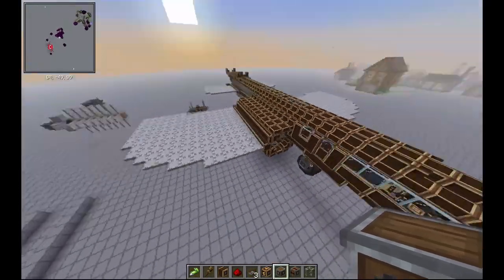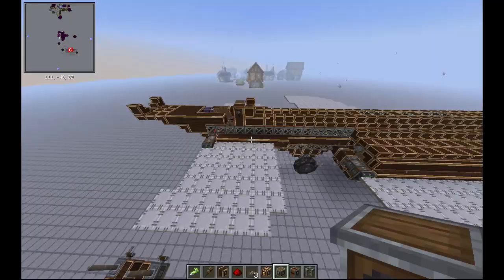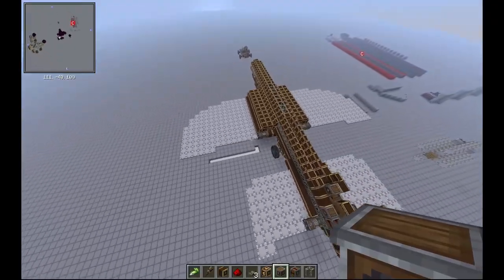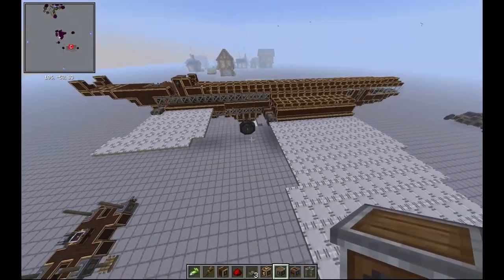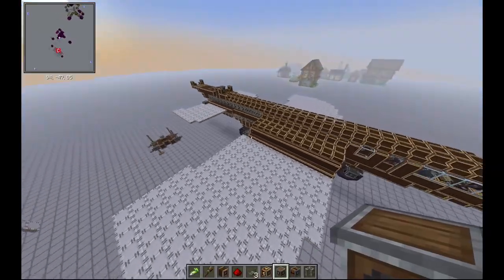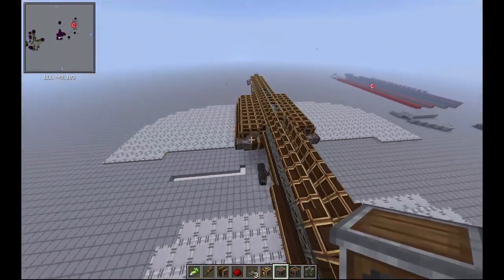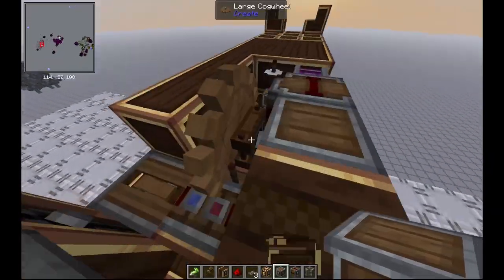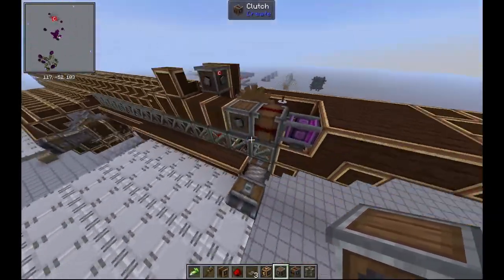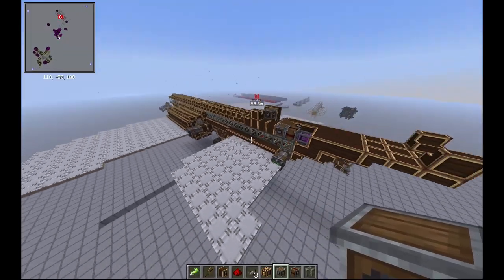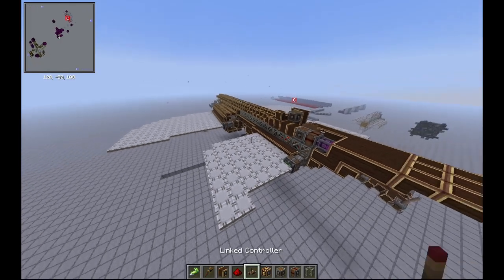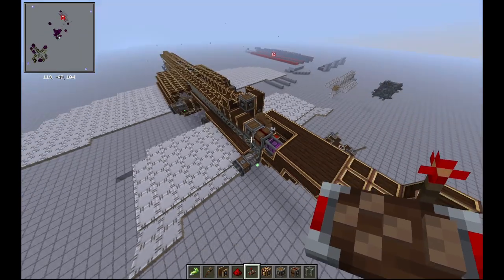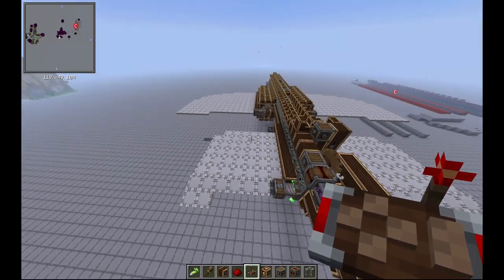This is the plane that I've been working on in Create Aeronautics. This is the current style of plane that I kind of settled on, and it's not the best looking plane. I was trying to focus more on building around these large engines, and I'm going to add a third one over here. But so far, compressing the mechanics of the engine and these functions, like the yaw and stuff of the plane, the tilting of the flaps, so they can go up and down, has been rather challenging,